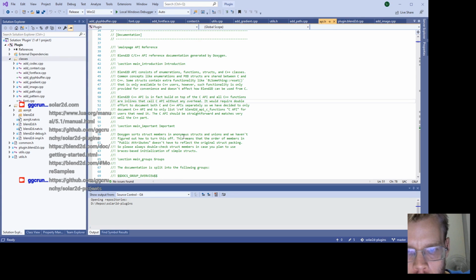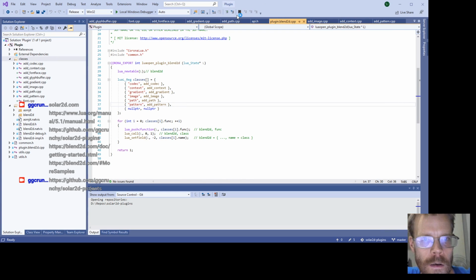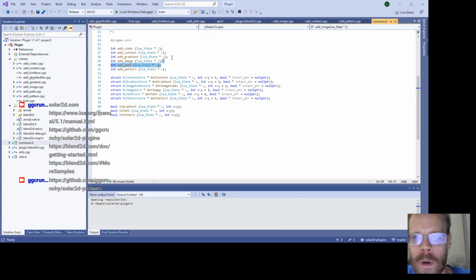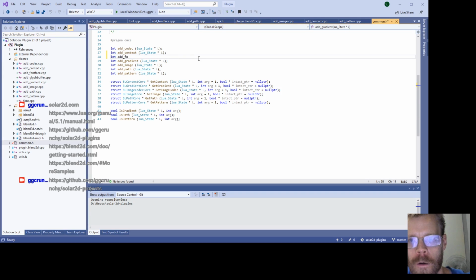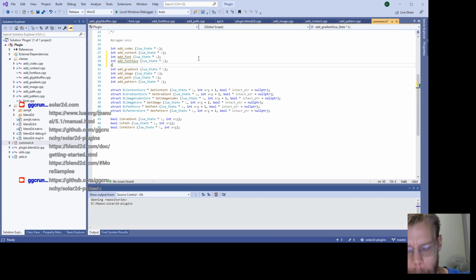Close this for now. I think this isn't very interesting. So we'll need some things to add here. So we'll want add font, add font face, add glyph buffer,